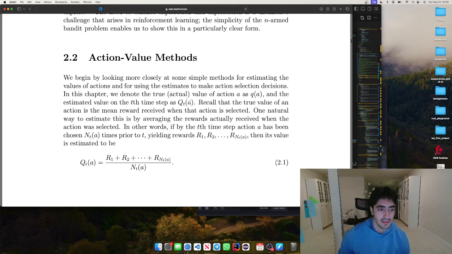Recall that the true value of an action is the mean reward received when that action is selected. One natural way to estimate this is by averaging the rewards actually received when the action was selected. In other words, if by the t-th time step action a has been chosen N_t(a) times prior to t, yielding rewards R1, R2, up to R_N_t(a), then its value is estimated to be